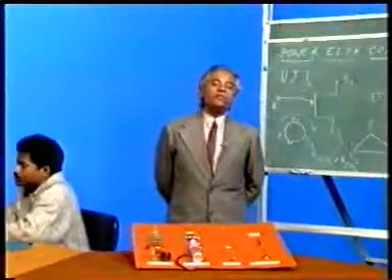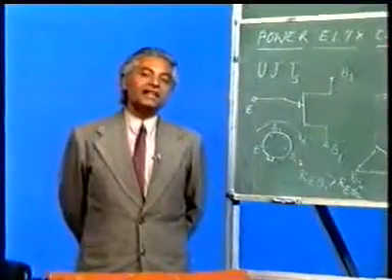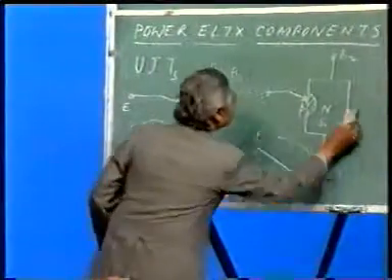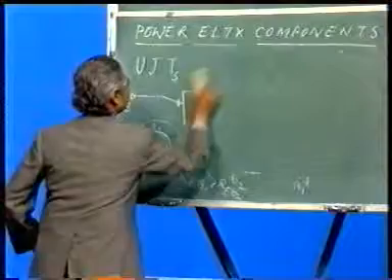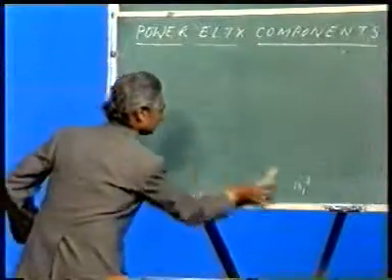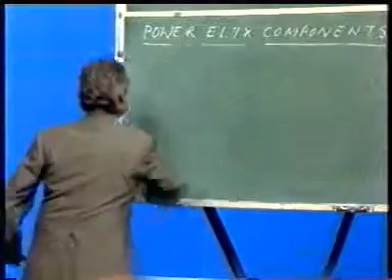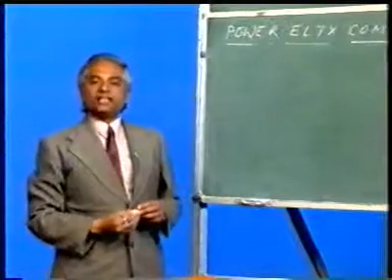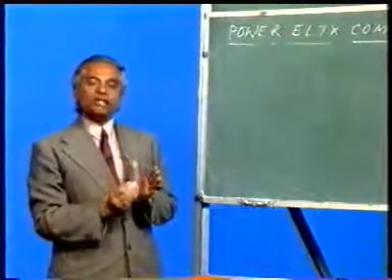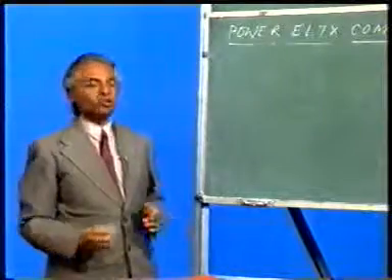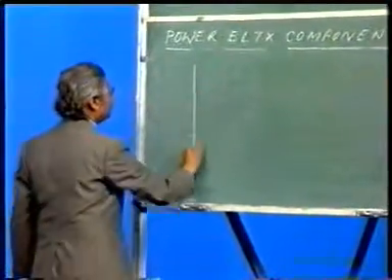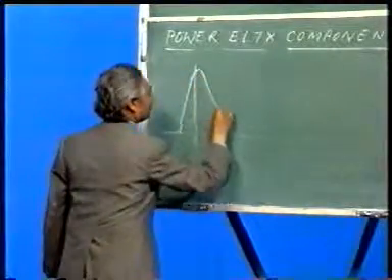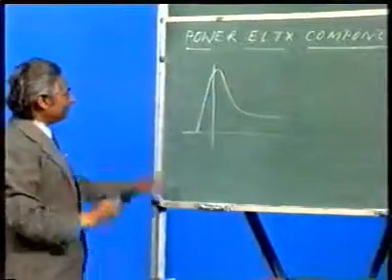Now one very important thing about UJT is its VI characteristic. I would like to explain it here. The device UJT is a very peculiar type of device. It starts conducting only at a particular voltage. Before that it does not conduct at all. So if I draw the VI characteristic, it will be like this. You know what does it mean? This is current, of course,